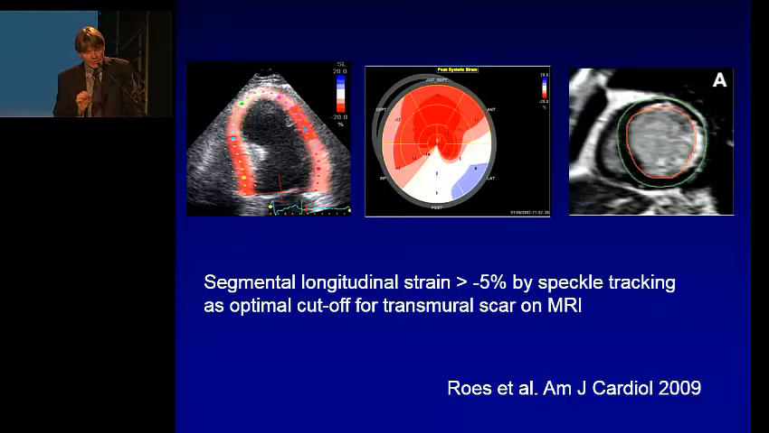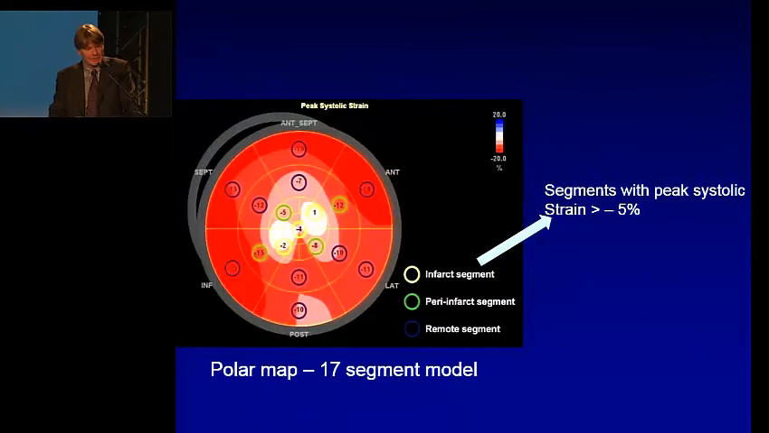So segmental longitudinal strain of more than -5, that means going down, so 5, 3, 4, etc., is associated with pure transmural scar, which is what we have looked at in a lot of patients. Now it's stated here as more positive, but let's say 5, 3, 4, etc. If we accept that as a marker of scar,